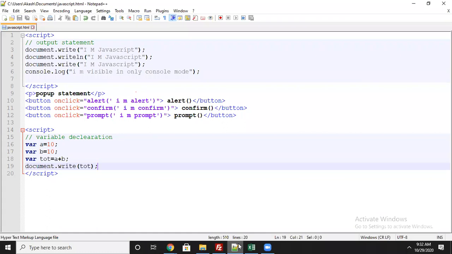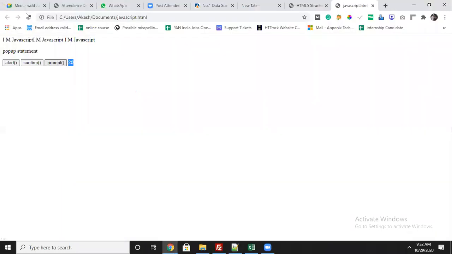If you want to add any text before that 20 output, you can add it here itself as a string. I will add it as sum, but a dynamic variable we have to add along with plus, and this is called string concatenation, combining the strings. You can say sum 20.